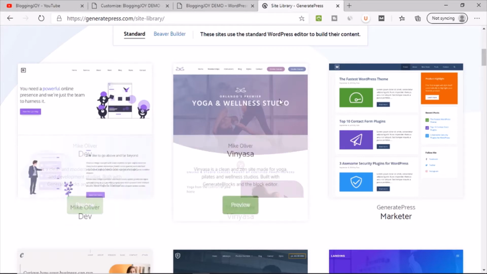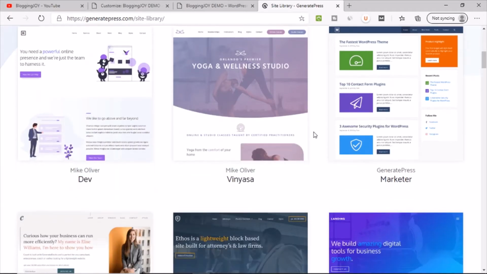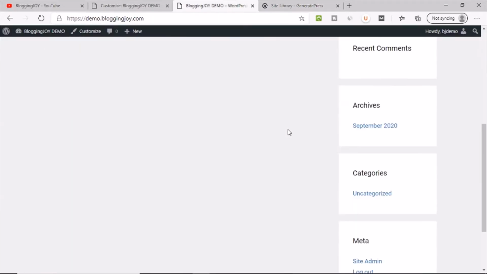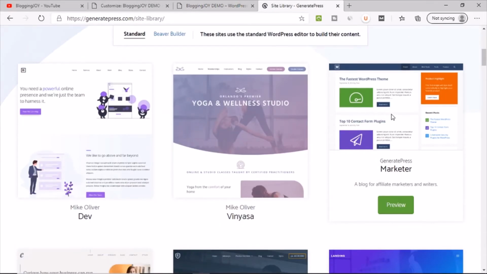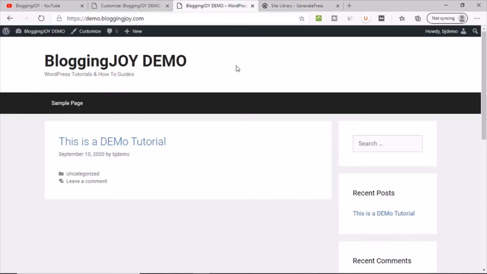So there are various types of designs already created for you. What you have to do, you just have to import those settings in your website and your website design will completely look like that. So this is one of my favorite, and you will find this design is applicable in many websites. You can see that the header part is coming like this. It's a logo and menu combined in one line, which is not possible here. So those kind of limitations are there.